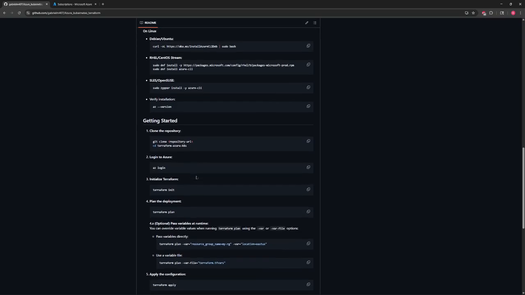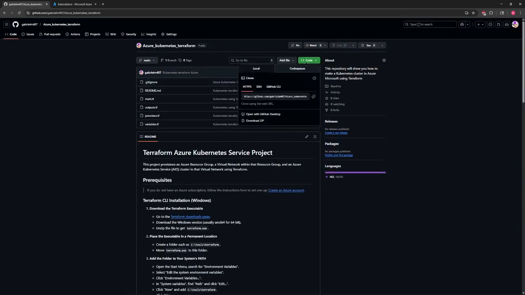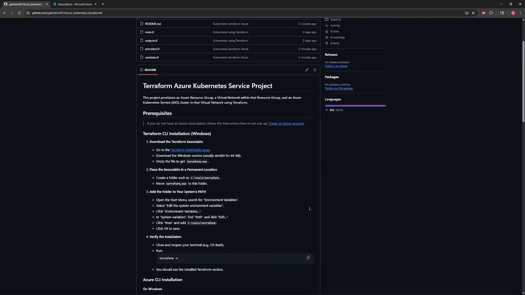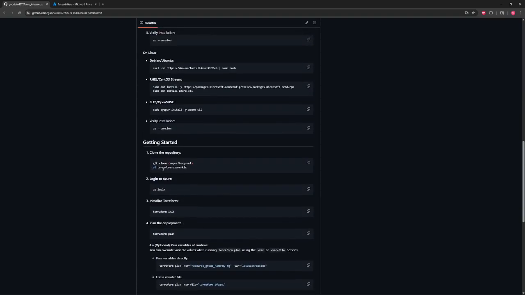Once you get started, you're going to have to clone the repository. So you can do that by using git clone repository URL. The way you can also get it is by going up here, and this will give you the repository URL. I use SSH. SSH is a more secure way of doing it, and it's also going to require a couple of extra steps. But once you have installed everything,